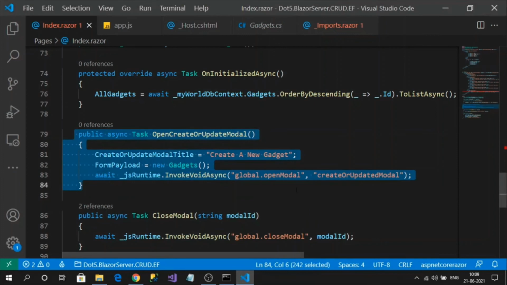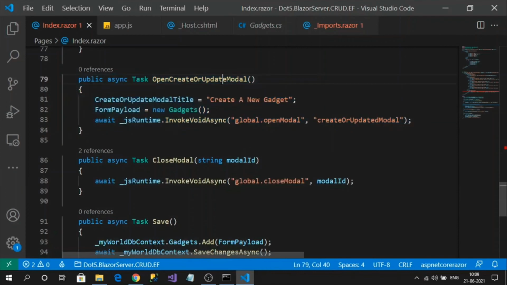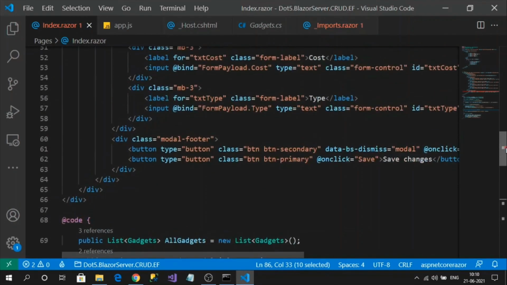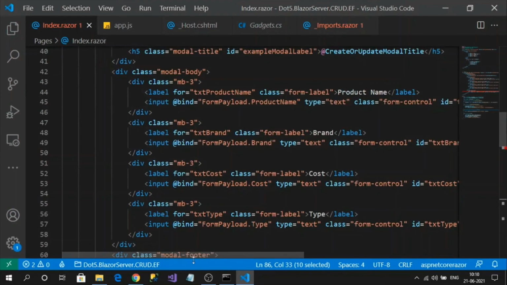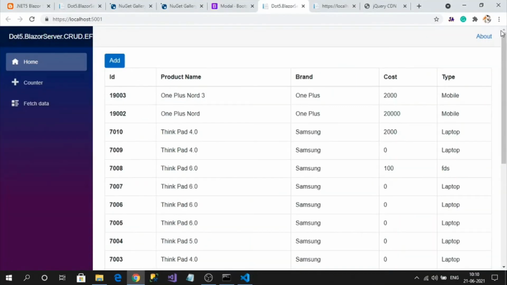Opening the pop-up is also a Blazor click, right, and that also goes to the server and opens. And close modal also goes to the server. So like this, everything will be handled by SignalR.